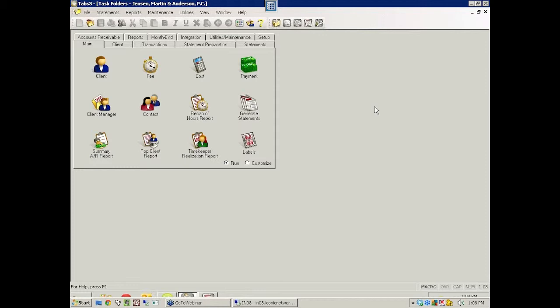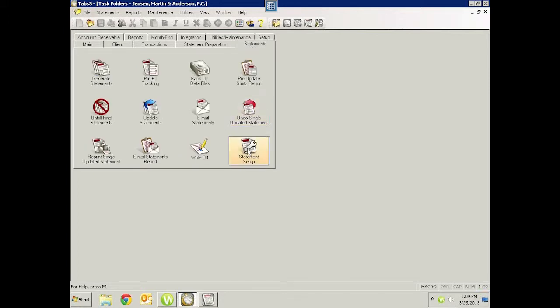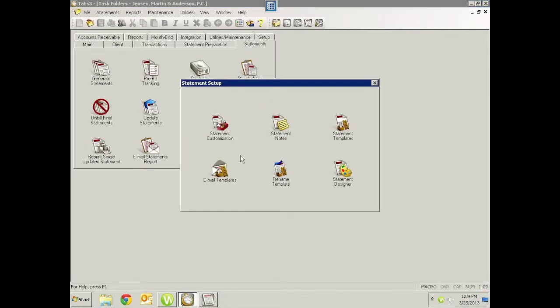So even within a client, if you have a certain matter that needs to see information, you can actually get that specific on a matter level to give them the description that they want to see on the bill. So we're going to talk about a couple of the different ones, where to find that and how to do it. So under the Statement tab, we've got our statement set up,